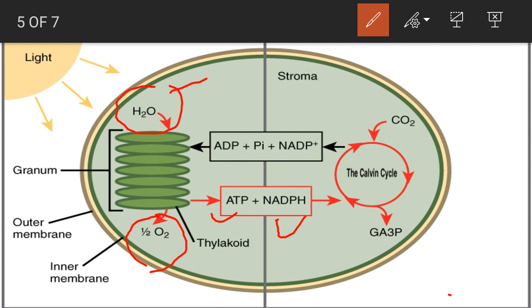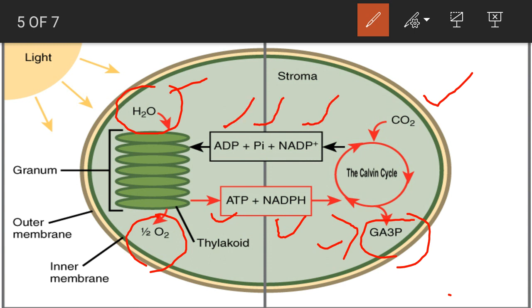Now the products of the light reaction enter into the dark reaction, that is the light independent reaction, or you can say the Calvin cycle. In the Calvin cycle, the products of the previous light reaction are utilized to convert atmospheric CO2 into the carbohydrate molecule with the release of utilized ATP and NADPH in the form of ADP, inorganic phosphate,